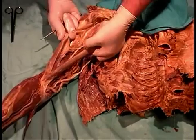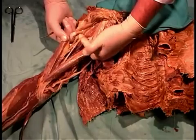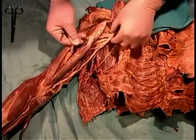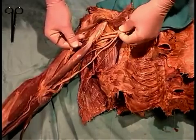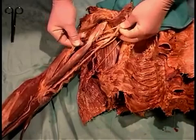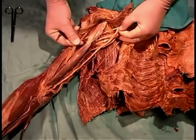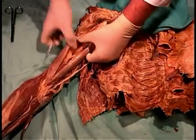Now if you pull the biceps muscle heads aside, you will see that there is a nerve right in here, and if you follow that back, it should lead you to the lateral cord. So that here's the lateral cord right there. There's the musculocutaneous entering the anterior compartment of the arm to innervate these muscles. The other muscles that it innervates are the